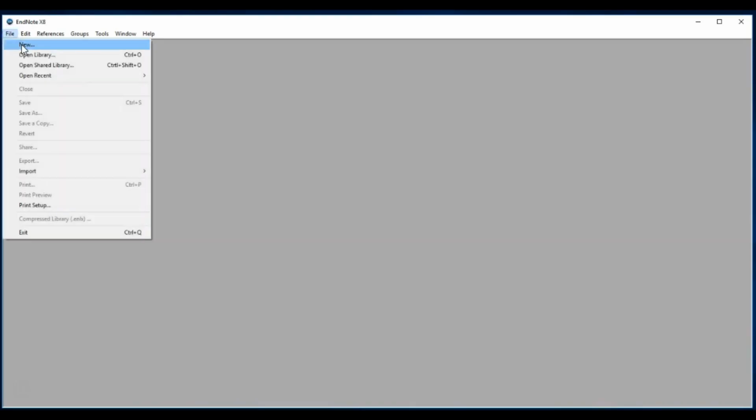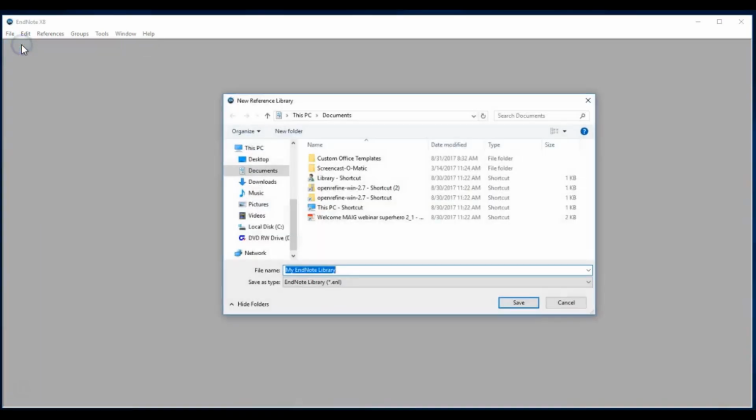When you open up that and you haven't got a library, it will be just a gray screen. To create a library, you'll say File, and this is once off. You'll click on New. It will show you that the file name is My EndNote Library. It's recommended never to change the file name or even to change the file type. And it's also recommended not to have more than just this one library, and that is to prevent conflict in